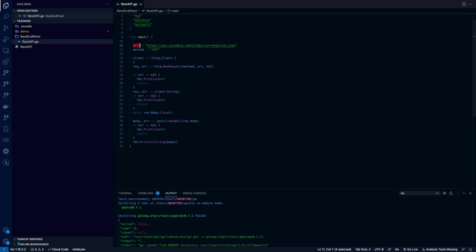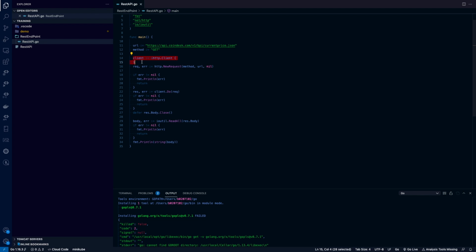So I have created the very first variable which is called URL, and I have provided the endpoint. Second is method I have created, and with that I am putting it as get. In case the method is post, you can make the changes. In case of put or any other, there are so many types of methods available, and as per the downstream requirement, you can define that or you can make the changes.